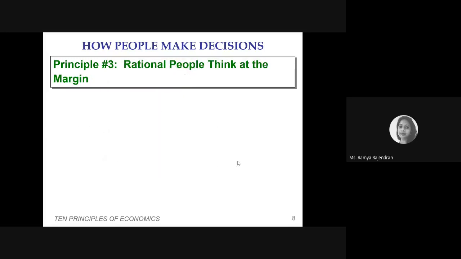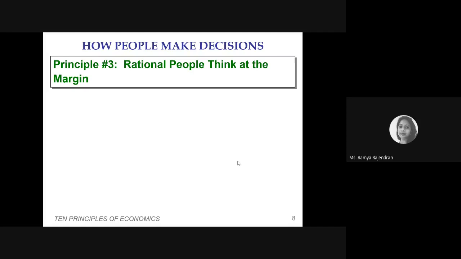Okay, third principle here, this makes a difference. Rational people think at the margin. Imagine you could have right now thought, okay, instead of studying this course, I could have gone for work, I could have earned money right now. Even if I earn 2 lakhs per annum, for 5 years I could have got 10 lakhs, and I've invested 5 lakhs here, so 15 lakhs I could have gained. If you thought that, things might go wrong,